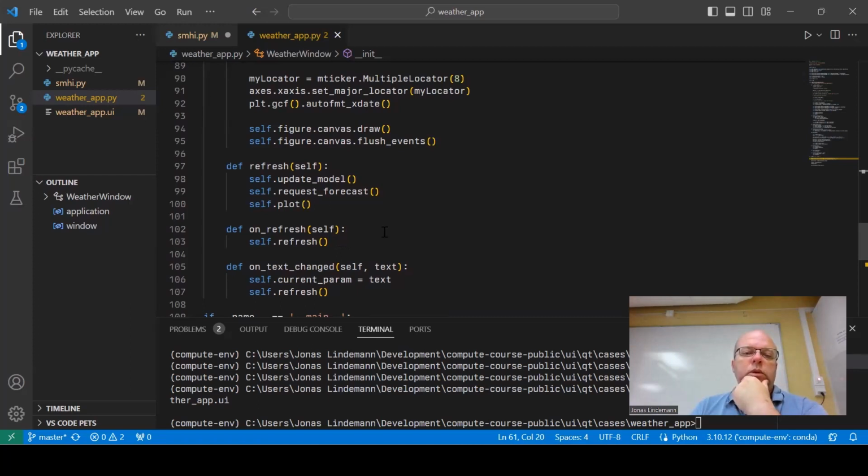Could perhaps. The difference is that on text, the current param will be set as well from the text coming in. And then you have to do update model, request forecast, and plot. Yeah, no, I mean, I see that. The thing that I don't see is why you have only purposes to call my